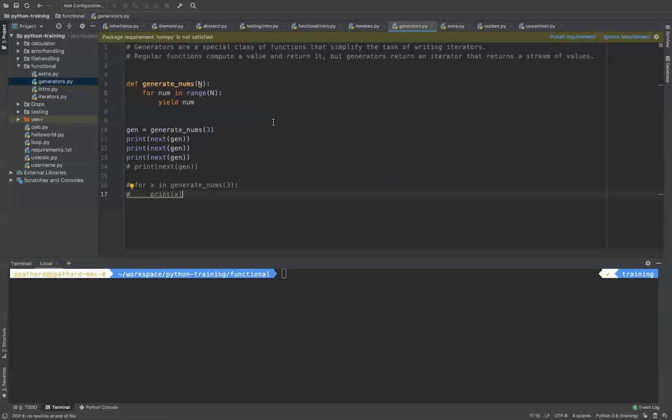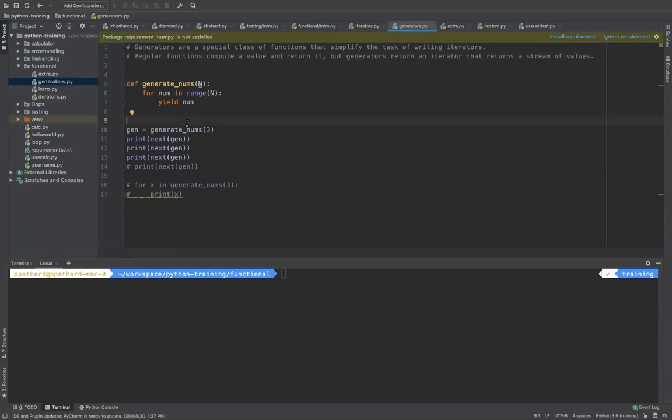You will use something called generators. Generators are basically an easy way to create iterators. For example, I want to create an iterator which will give only one number at a time, till any number of values that I want. If you see this example called generate_nums, it is taking a number, and till that number it is doing a for loop, but instead of doing return, it is using a new word called yield. What is the meaning of yield here?